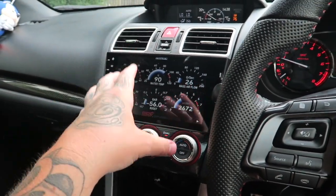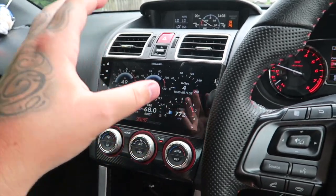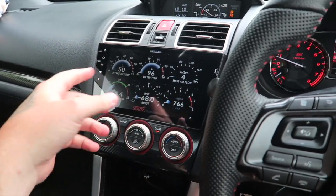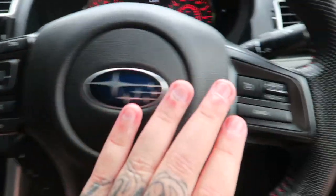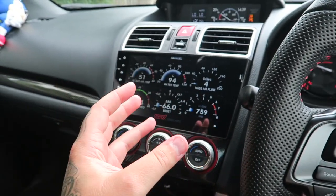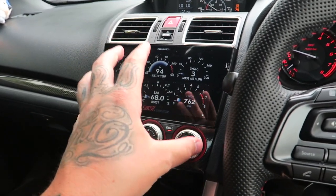I've had a little play on the original one, wasn't too much of a fan of it, but this actually gives loads and loads of data that you would usually get in one of these. So it still has all your water temperatures and your boosts and everything just here. It's all interchangeable as well, even retaining all of the buttons on the steering wheel with this head unit, which is a massive thing, especially in new cars. You want to make sure that you're able to get all of this if you are going to change the